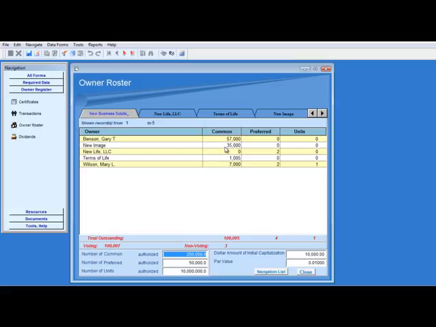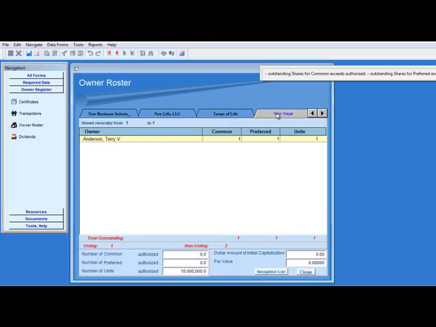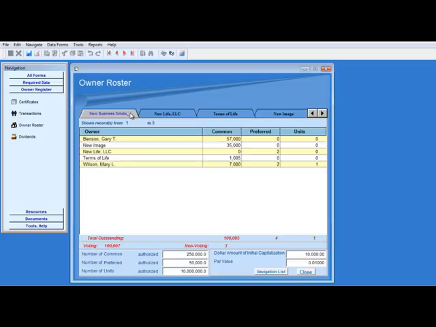The number of shares currently held by each owner is displayed for the three types of ownership for the selected company. Just select the name of a different company to see the owners for that company. If the total number of shares or units exceeds the number authorized, you'll get a warning. It indicates that you will need a shareholder or member resolution amending the number of authorized shares or units of